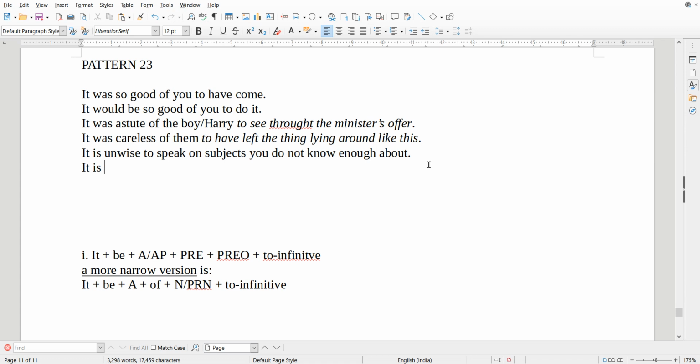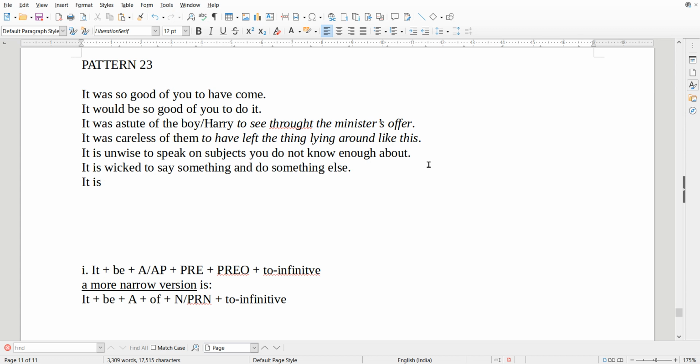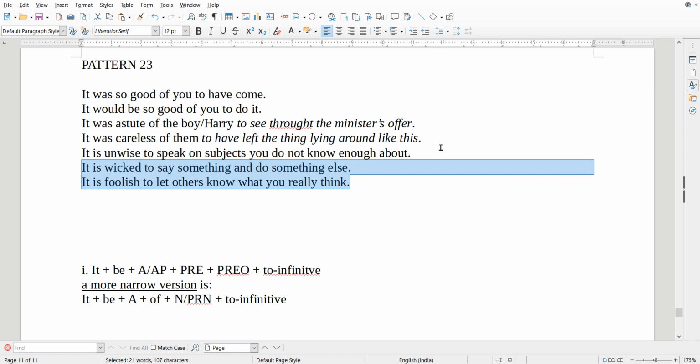It is wicked to say something and to do something else. It is foolish to let others know what you really think. But these are two contradictory statements, okay? Anyway,